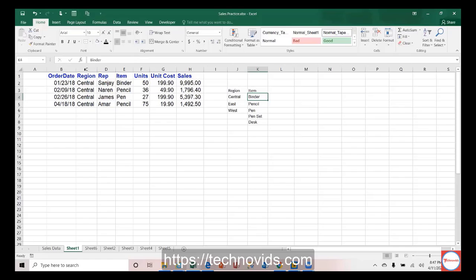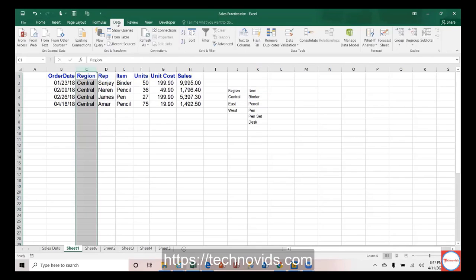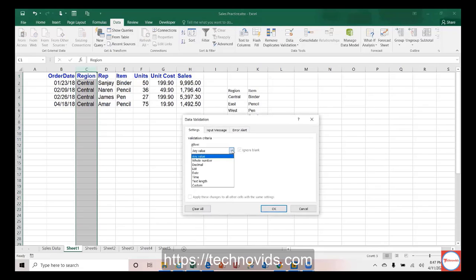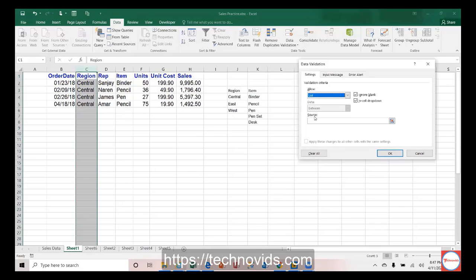So for the region validation, I'll go to Data and click Data Validation. What I have to do is pick a list. By now you have mostly figured it out. I am a fan of list, right? So where is my source? The source is here. What is the source? Where you are keeping your unique regions. It can be in another sheet also. It doesn't matter. Instead of picking the list, you can enter the values also.